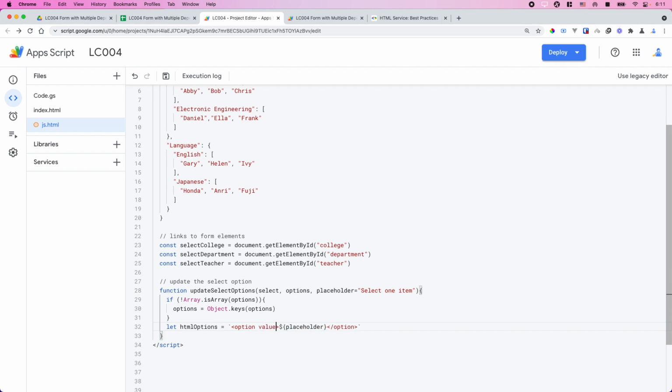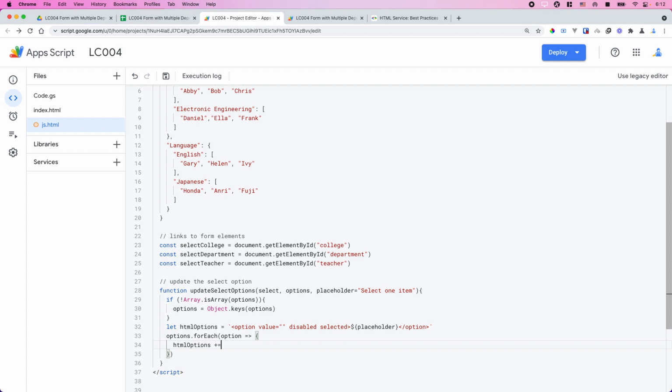So as the first element, as the first option, which is disabled, right? And selected. So this is the first one. And I'm going to loop through all of these options. So for each option,